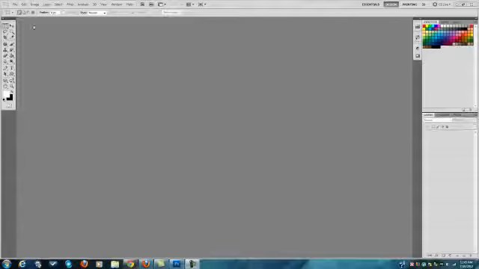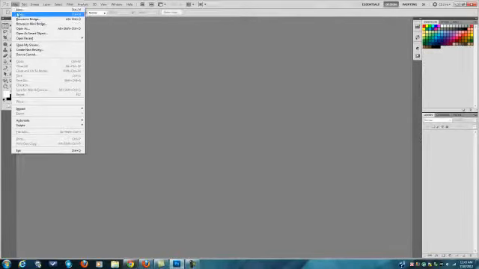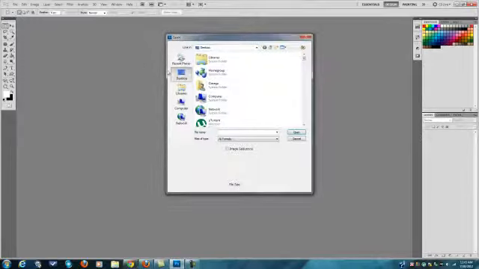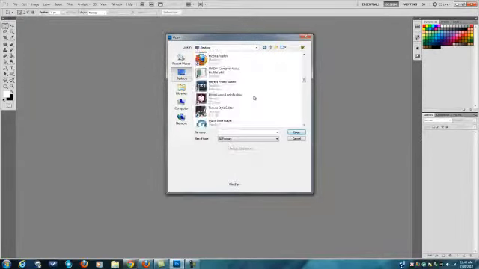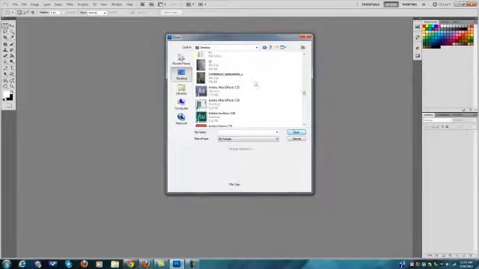Okay, let's talk about masking. One of the most difficult things in Photoshop to do. So first thing I'm going to do is grab my picture from my desktop. And when I grab my picture from my desktop, I'm going to grab